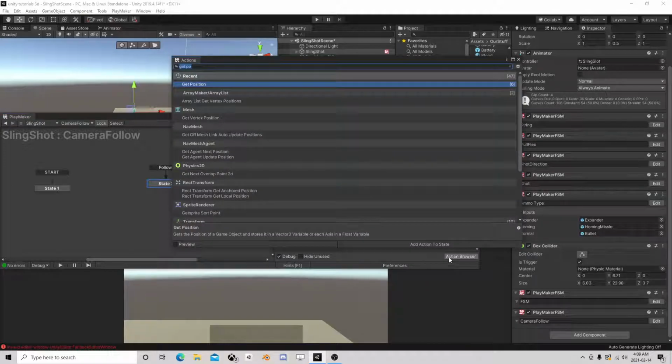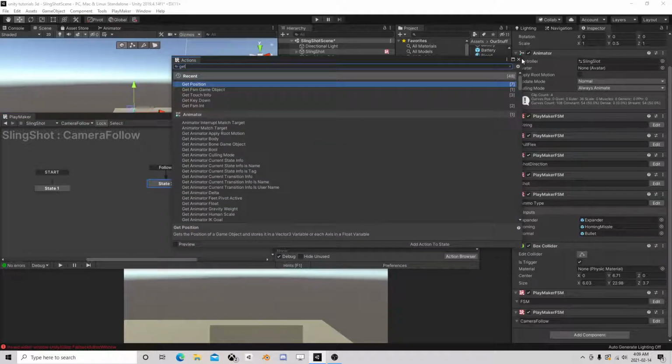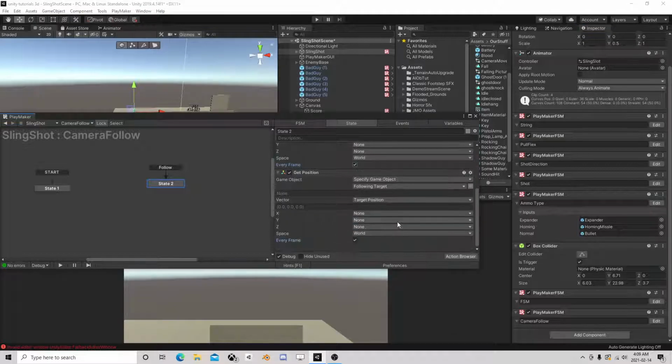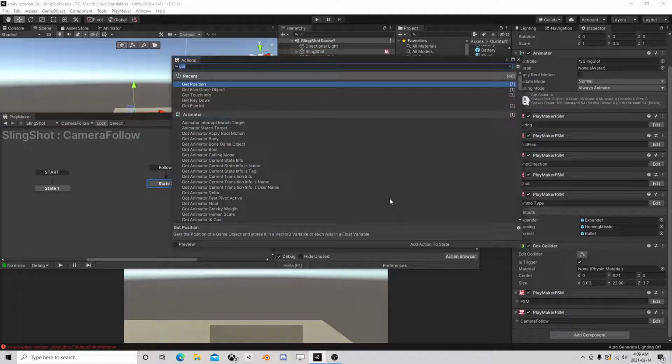And do that every frame, and we can get position again of ourselves. Self position every frame, and we can,